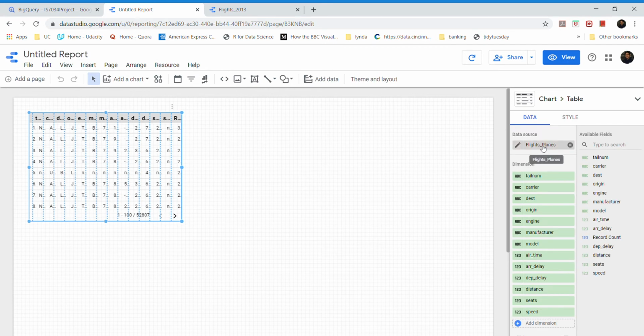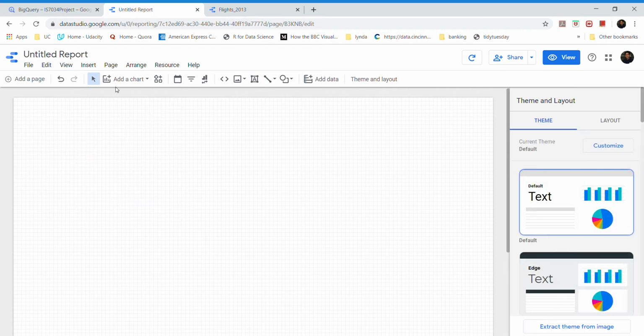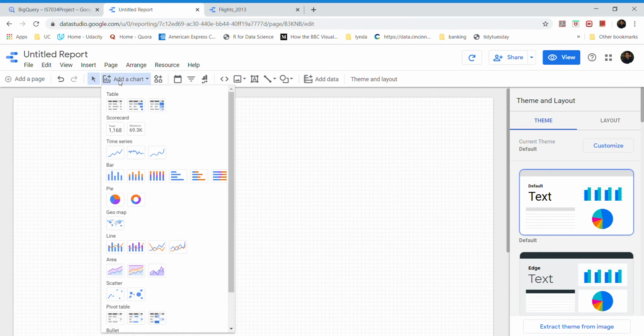Yeah, there you go. So your tables are ready here. Now this is the default chart that we get whenever we create a table. We will just remove this. Now we have our table ready, and now we can create charts on this. So we come here and add a chart.